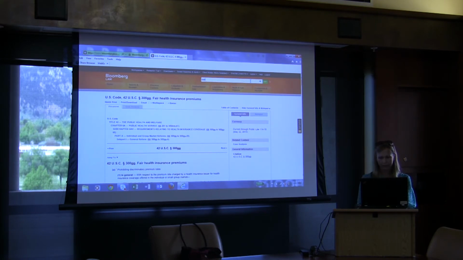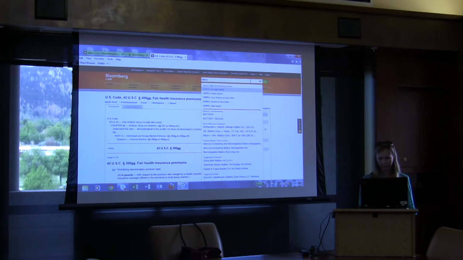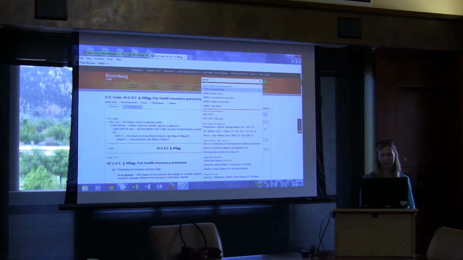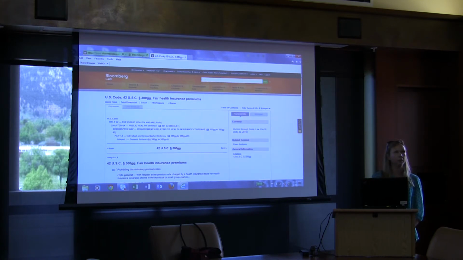To go back to battery and just show you guys what else pops up. You're also going to have companies and people. So if you're asked to find any information on a public company or on a person, you can also do that on the system too. It's going to be public companies because that information is required. So private companies, it's a little bit more varied, but if you were just interested, I'm trying to think of an example that would be helpful to you this summer, or if anyone just has an idea of something they want to look up,